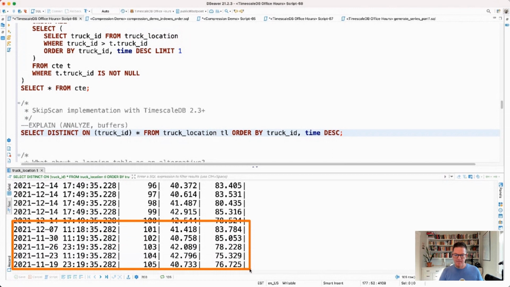That got me every truck ID, even down to 105, the most recent value and the timestamp. All right. And the way this works is we say, oh, you are ordering based on that particular index. We can start at the index, and as soon as we find a match, we basically restart the scan